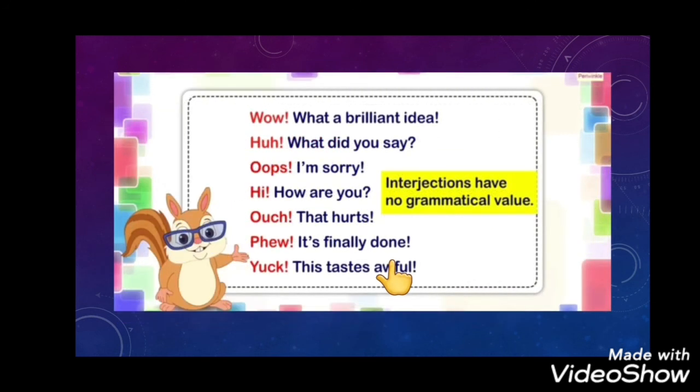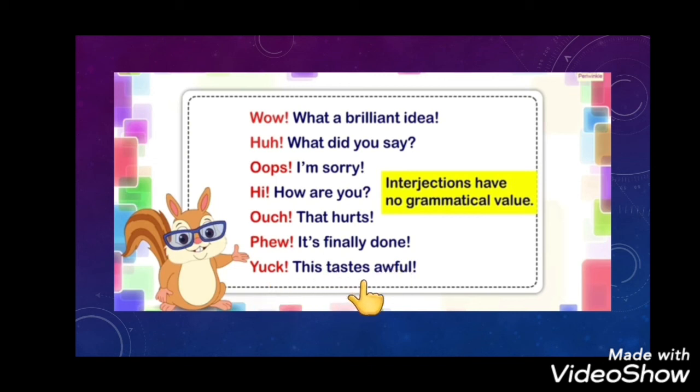Here are some examples of interjections. Whoa, what a brilliant idea! What did you say? Oops, I'm sorry. Hi, how are you? Ouch, that hurts. Phew, it's finally done.